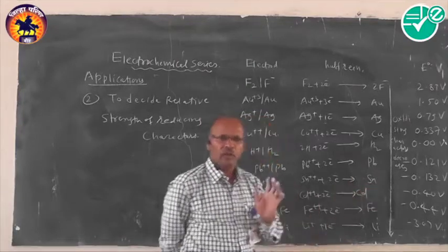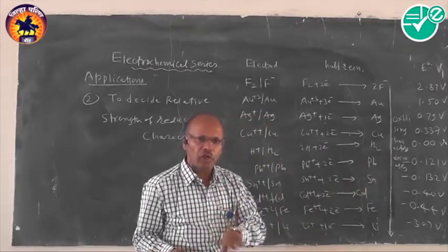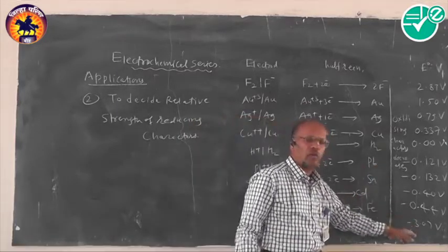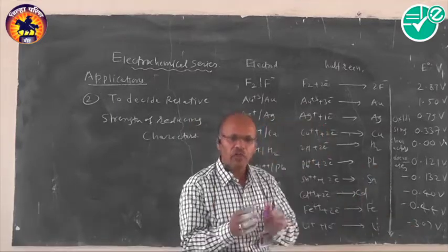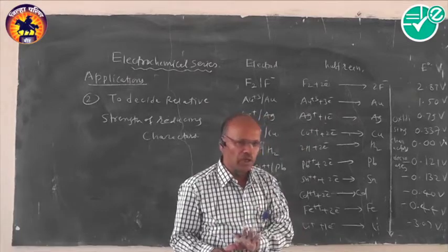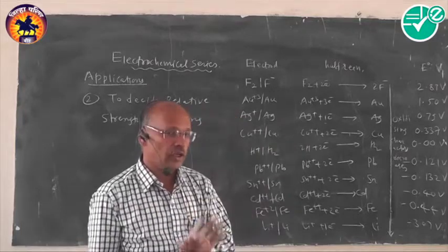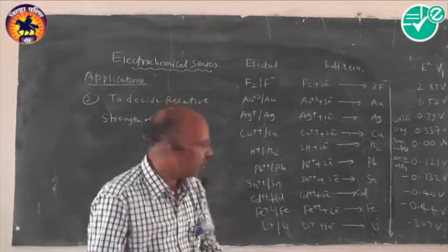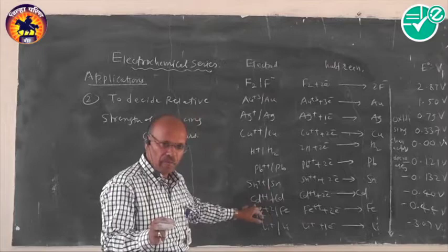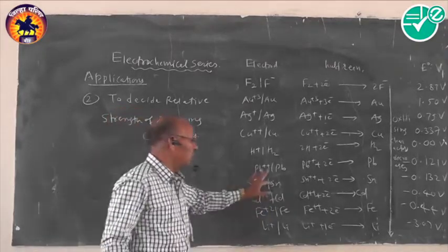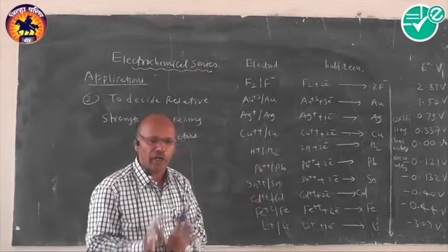These species have a tendency to lose the electron instead of gaining the electron. Therefore, they generally show negative values of standard potential. And once the value of the standard potential is negative, they don't have any tendency to undergo reduction, but they have more tendency to undergo oxidation itself. And as they show oxidation, these species can act as a better reducing agent.